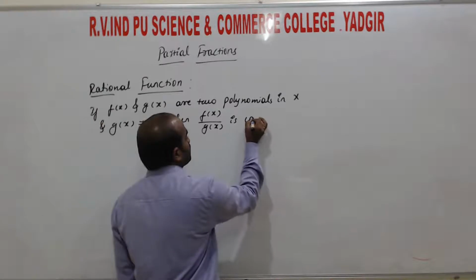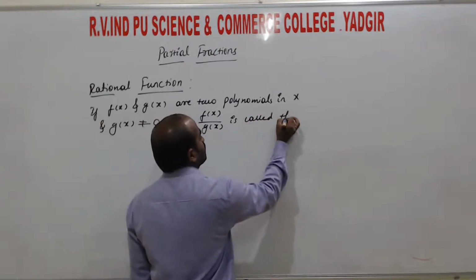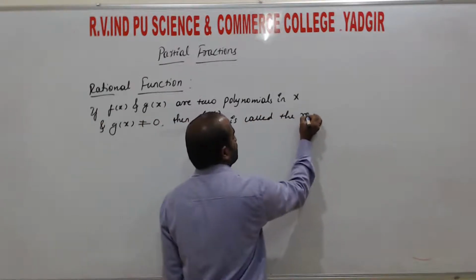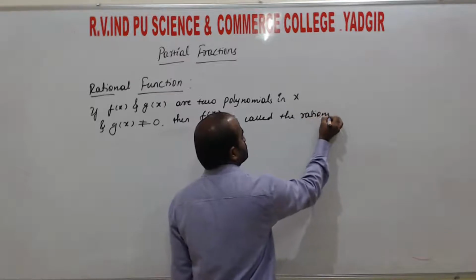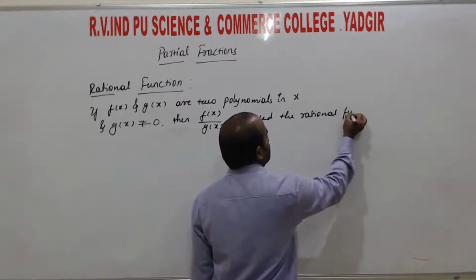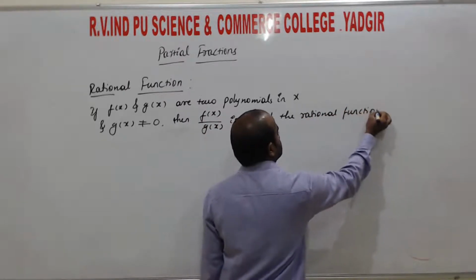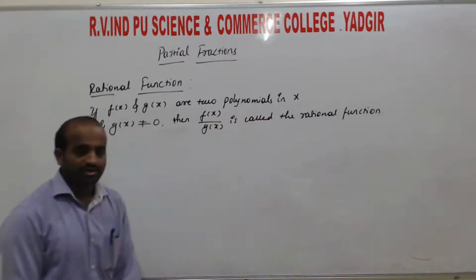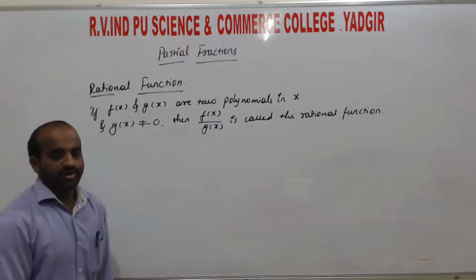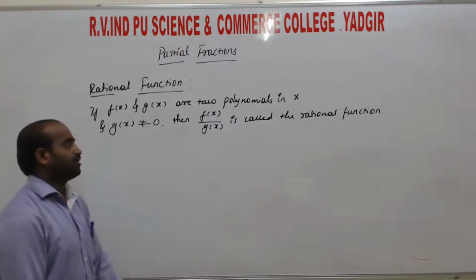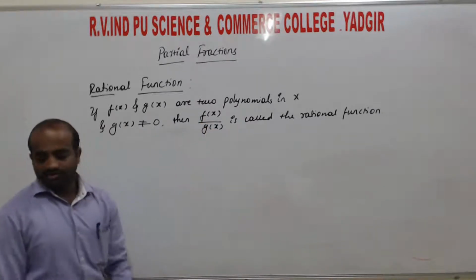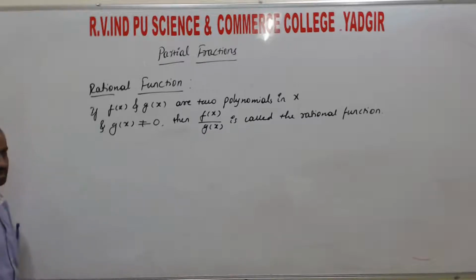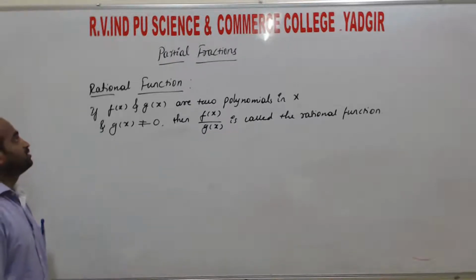It is of the form of a rational function: numerator divided by denominator, f of x by g of x. Okay. Next is